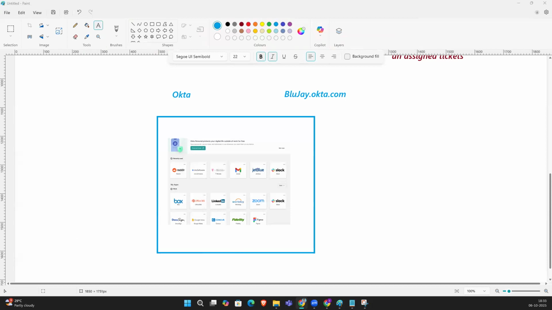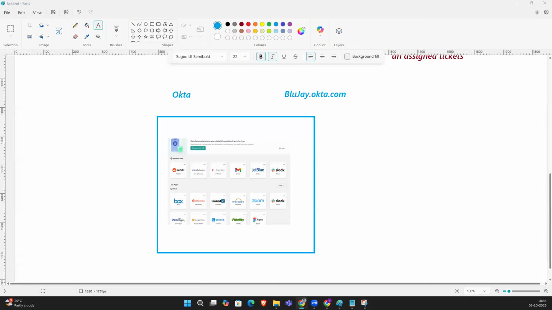So what are the features? They have single sign-on (SSO), we can enable multi-factor authentication (MFA), and lifecycle management. It integrates with 700-plus apps, such as AWS, Microsoft, Zoom, Jira, Salesforce, and GitHub.